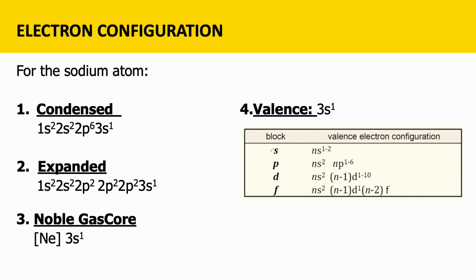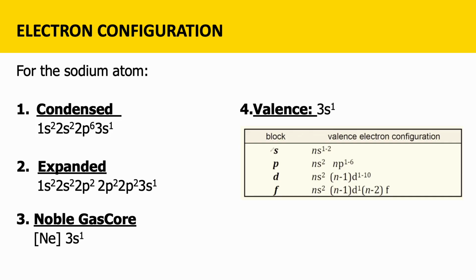So if you want a shortcut in writing your electron configuration, you can write it as your noble gas core. Okay, you add your noble gas, knowing that your noble gas electron configurations are fixed, no? And adding a subsequent electron configuration associated with your element. Okay, this could be your sodium plus. Okay, ay sodium. Okay, neutral.